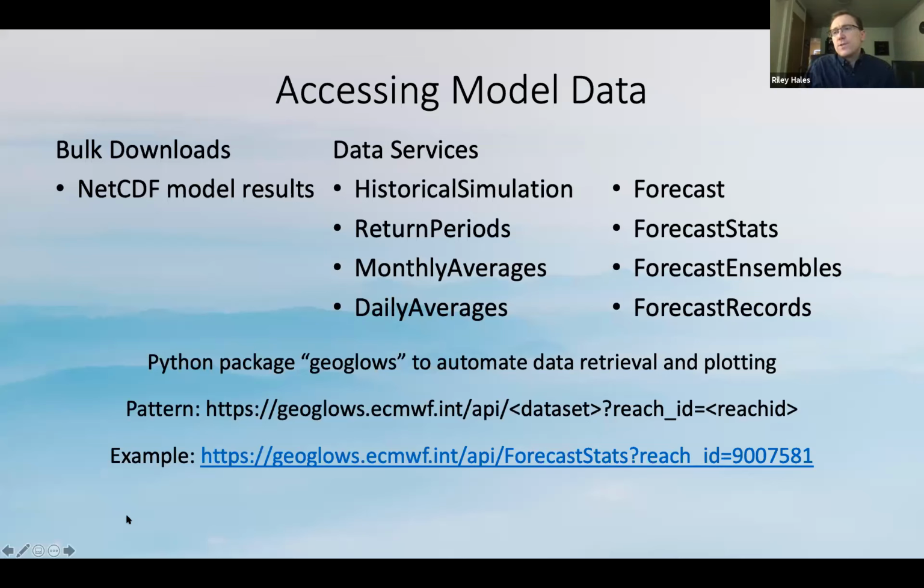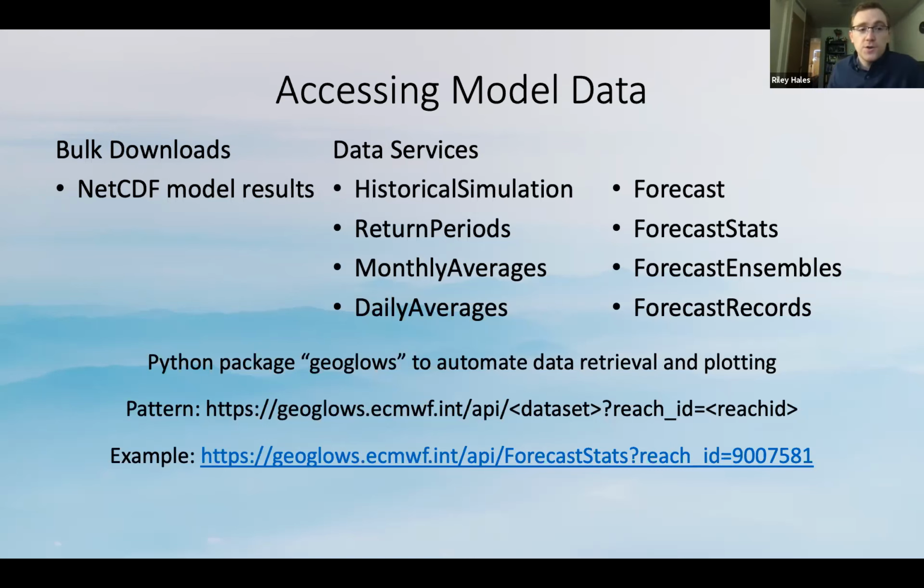The next service we produced to make these results accessible to people is a data service. Like most global data sets, like GEOGloWS and the ERA5 data, you can get the results of this model in bulk in NetCDF formats. But we found that can be prohibitive to those that we work with, since they don't really want to download the entire planet's worth of streamflow data. They have their watersheds, perhaps upstream of a reservoir, their area of interest, and they really just want information about those few river segments that most impact their decision-making process.